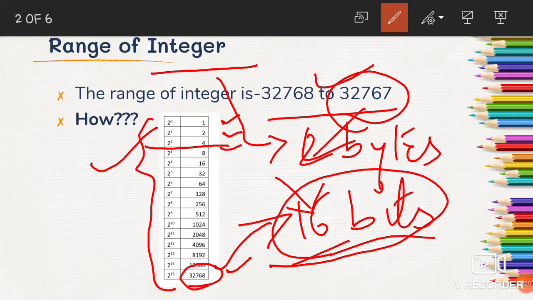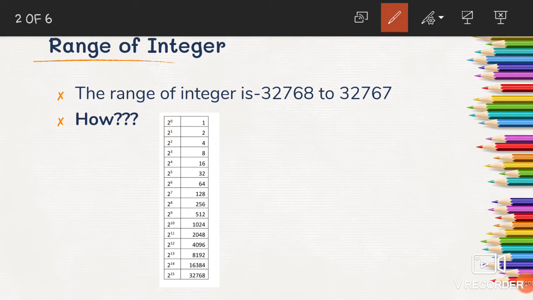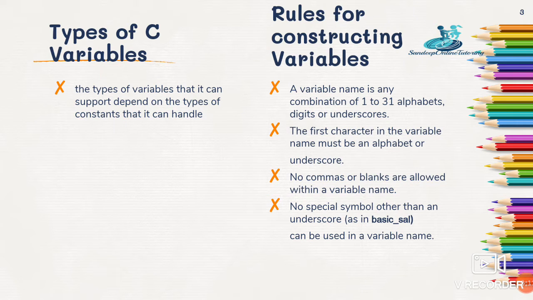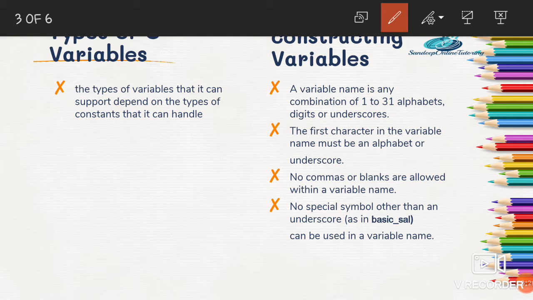Next, let's discuss the different variables. A variable is basically an entity that can store a value. For example, as we have a memory, we can store different kinds of things in our memory. Similarly, our system also has a memory in which the system can store values. So a variable is an entity that can be changed.